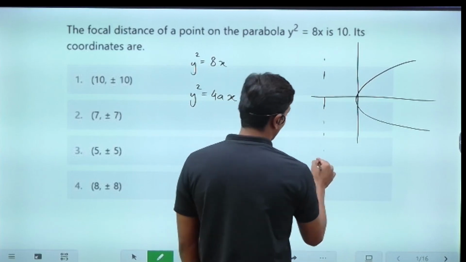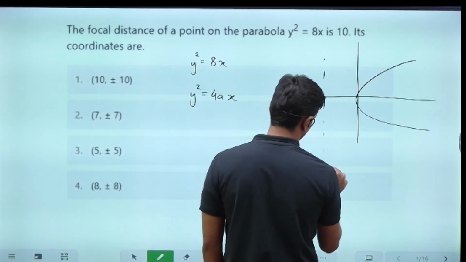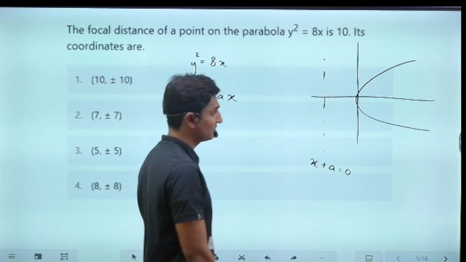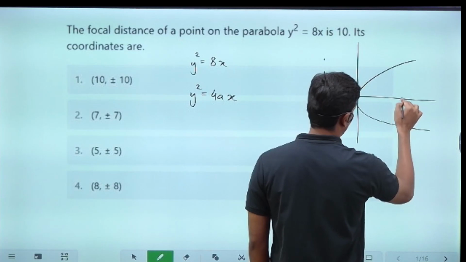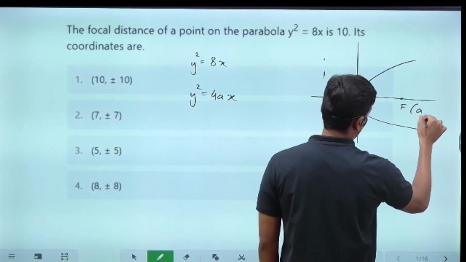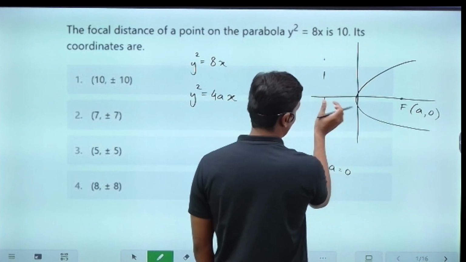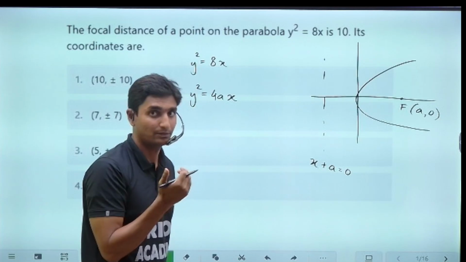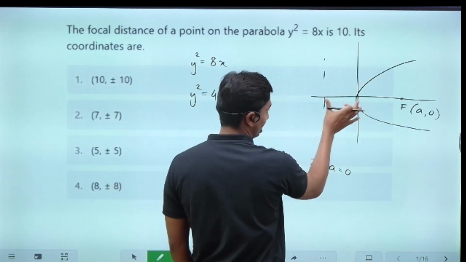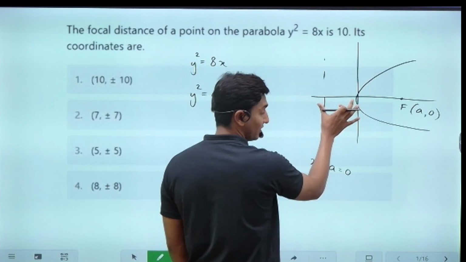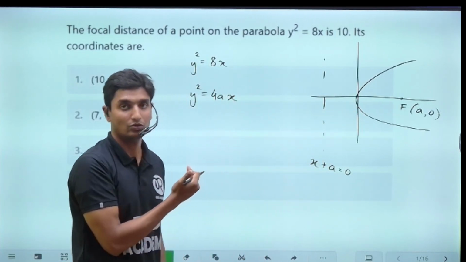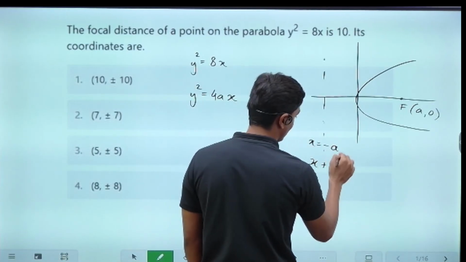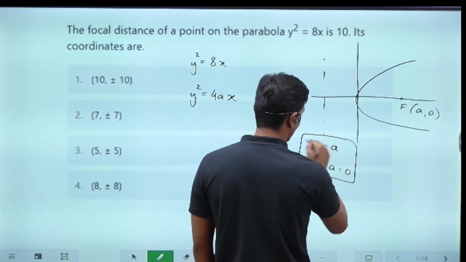Okay, imaginary line. And the equation of the directrix, guys, that is x plus a is equals to 0. Correct? The equation of directrix. Basically here you'll have focus F, and the coordinates here are a comma 0, positive a. And on the same basis, this particular distance will be on the negative side of a. Okay, this is positive a, and here the directrix will be at a length of a, same format but on the negative side, hence it is minus a. Here you can also write the equation, guys, as x is equals to minus a. They are both one and the same equation of the directrix here.